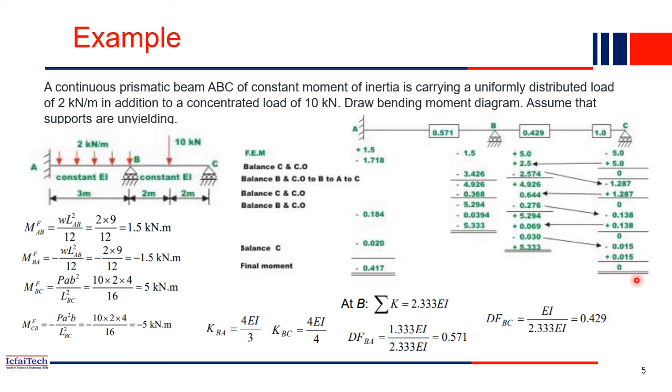So like that, when you increase the iterations, the unbalanced moment also reduces. So when you have very small unbalanced moment, then we can stop our process, and then we calculate what is the net moment. At B it will be 0, at C also it should be 0, because these are roller supports, and A is not roller support, it is a fixed support. That's why you get some final moment. So that's how, using the moment distribution method, very quickly, just using the iteration method, we can compute whatever is the unknown moments, MA. MB anyway 0, MC also 0. So this is MA. Now we can easily draw the bending moment diagram for this beam.